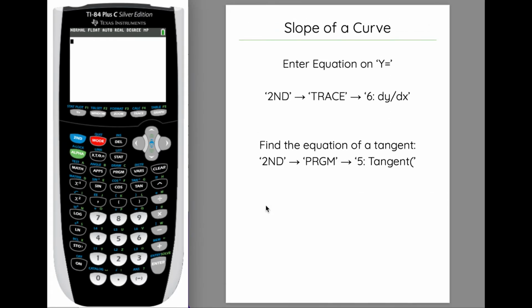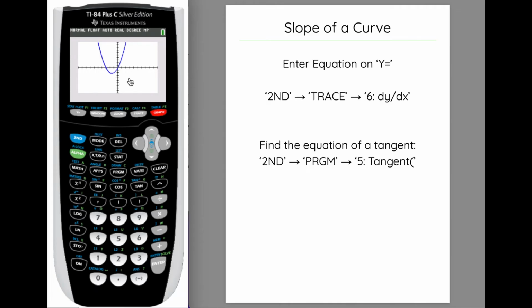Okay, the last part here we're going to look at is some of the calculus things that this will do. So if you have a function, like a curve, and you type it in, and let's do one like just a normal parabola, x squared plus 3x, something like that. And if we graph this, and say at any given point, we want to know the slope of the line at any given point. It's not like a line because it's changing,